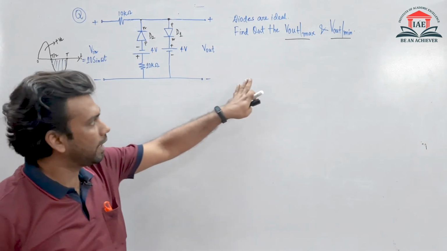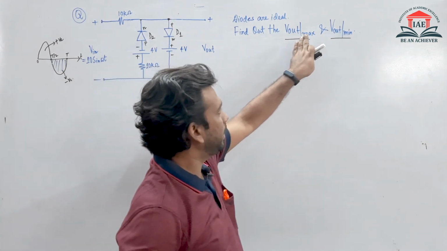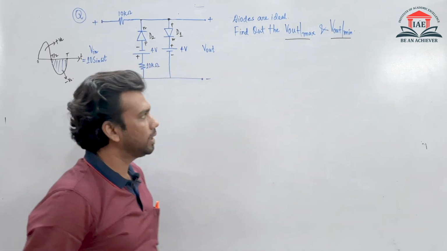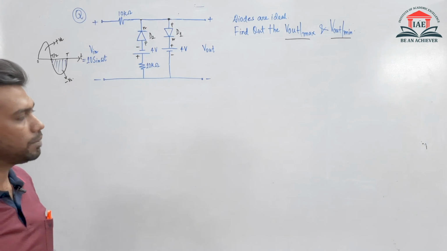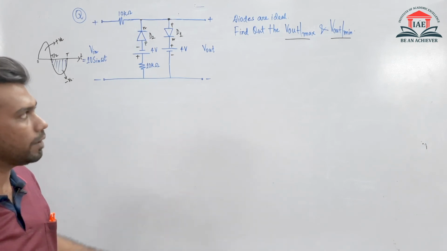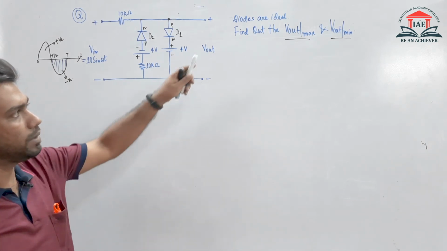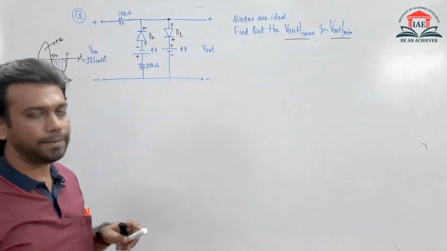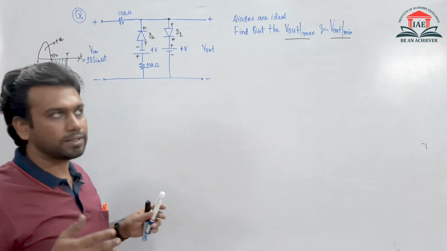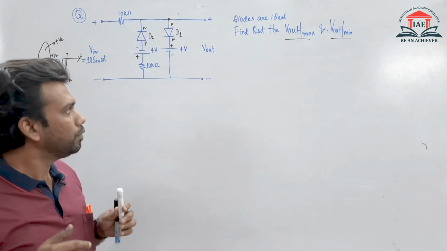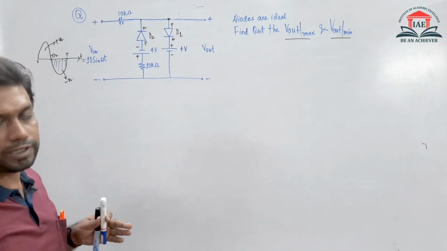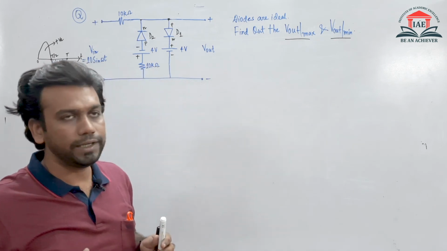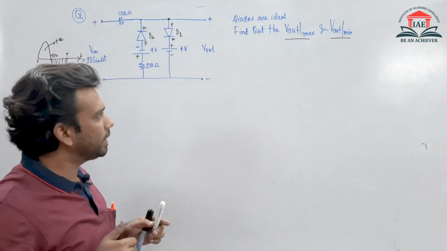So far we have calculated the maximum value of the output and the minimum value of the output using the transfer function method. We have drawn the voltage transfer characteristics and from that we have calculated the output voltage maximum and the output voltage minimum. But that procedure was a lengthy process. Now we can also find the output voltage maximum and minimum using a very shortcut method. So let us see how to find that.